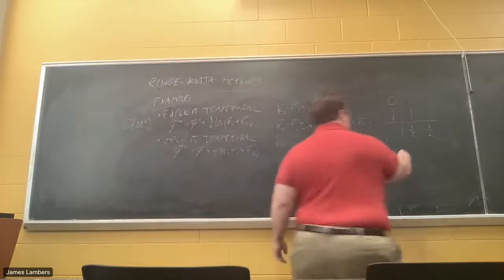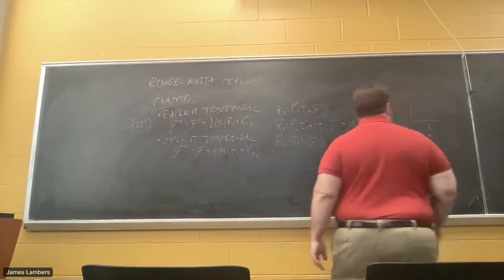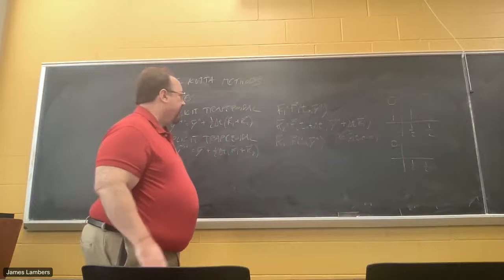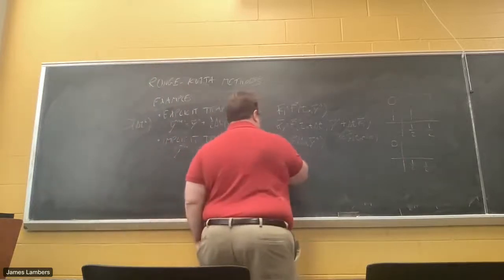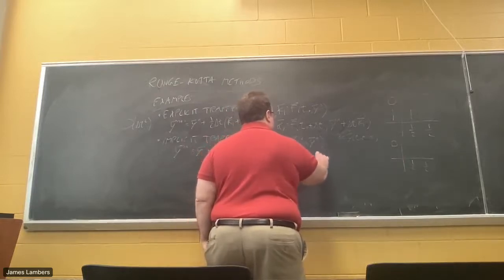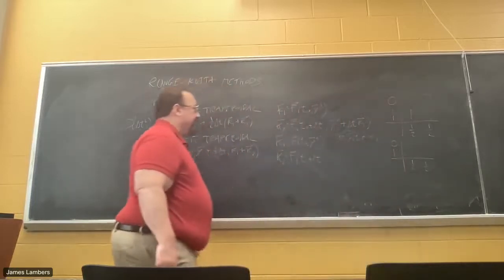So to start my tableau, 1/2 here, 1/2 here. That part's going to be 0. It's the rest of it that's different. So for k2, we have f of tn plus delta t, so it's going to be a 1 here. So far, it's looking much like the explicit one, but